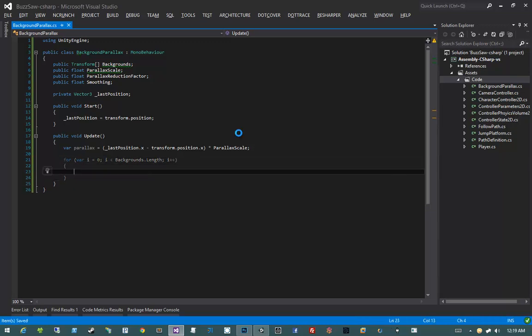We're using a for loop instead of a for each loop because we need to access our index variable. And we need to access that index variable in order to know how much to reduce the parallax effect based on how far back of the array that we're going. Okay, now we